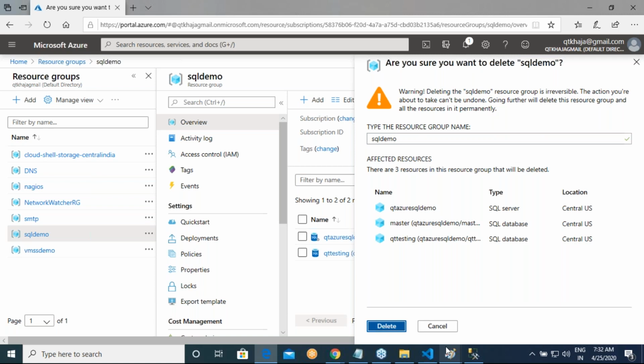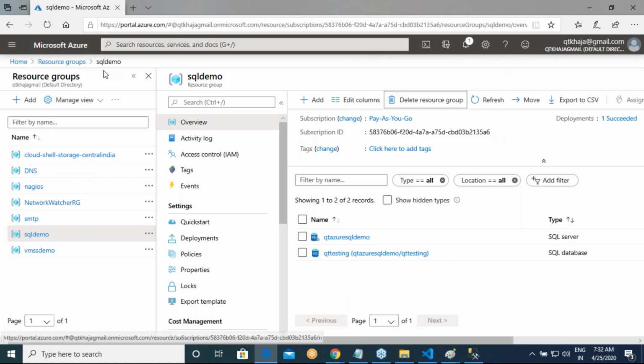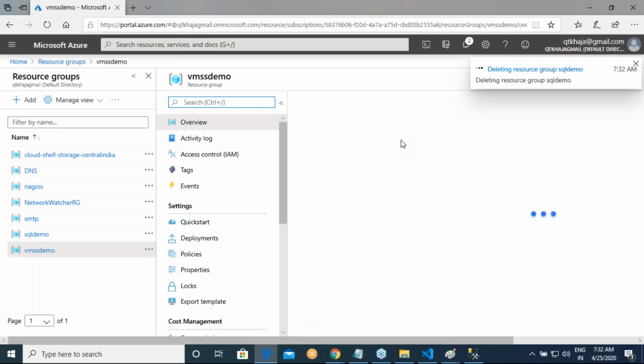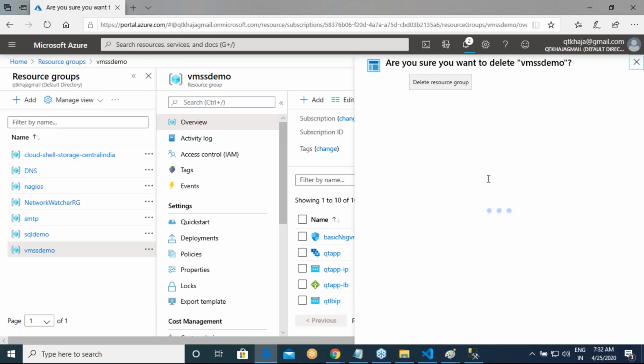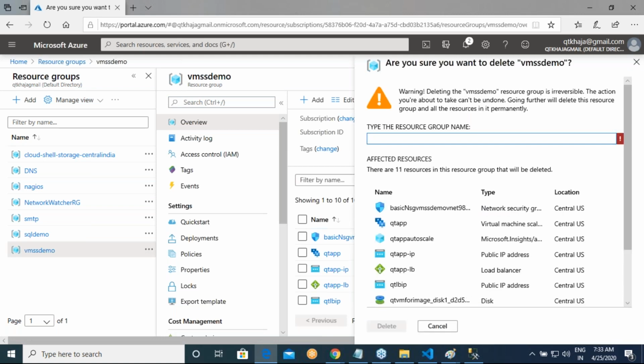I would recommend everyone, once you have finished your work, delete your resource groups. Why do you want to burn out your free time? Yeah, it might be free, but you can still use it while you're practicing, so don't just leave it.